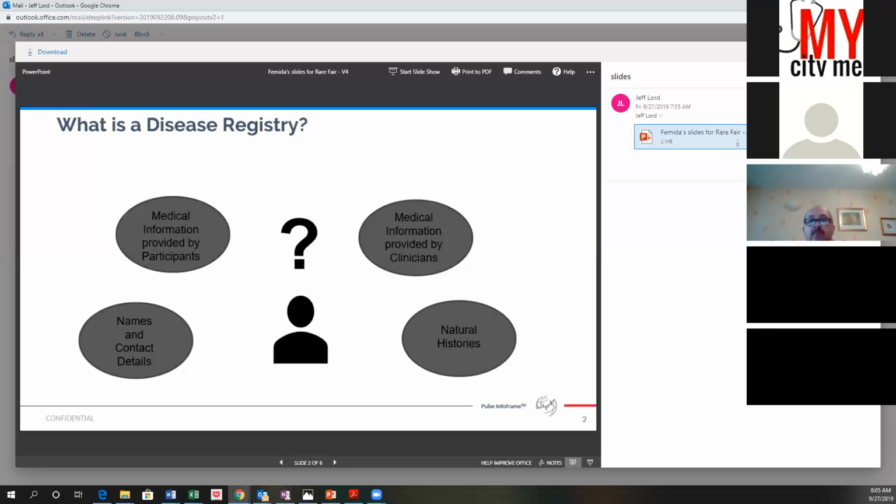So we could start potentially on the bottom left, you see that there are contact details. Many advocacy groups will often start with a contact registry. A contact registry essentially is to find all the people in the world who potentially have the disease of interest. And that's really just collecting information about who they are, where they live, and potentially their genomic profile. Then we want to be able to collect more information, and it may be that our contact registry isn't big enough. So we have to really think about what are the key elements that we need in this registry.